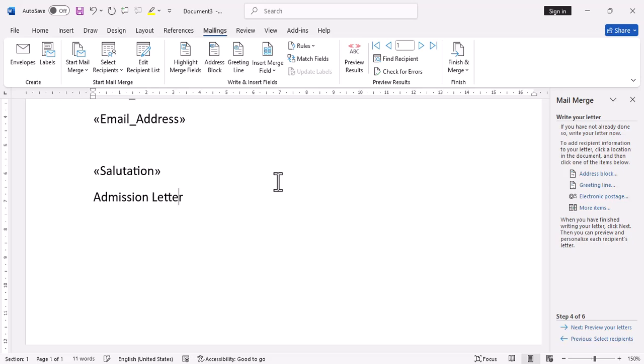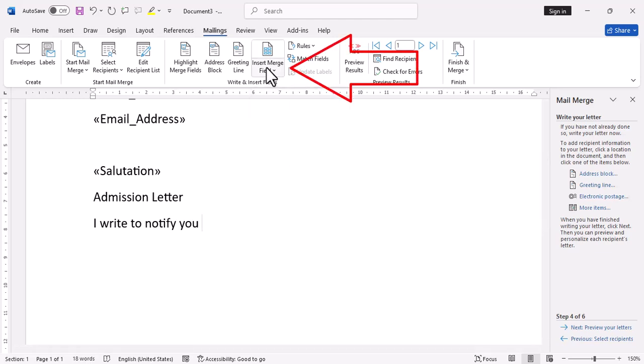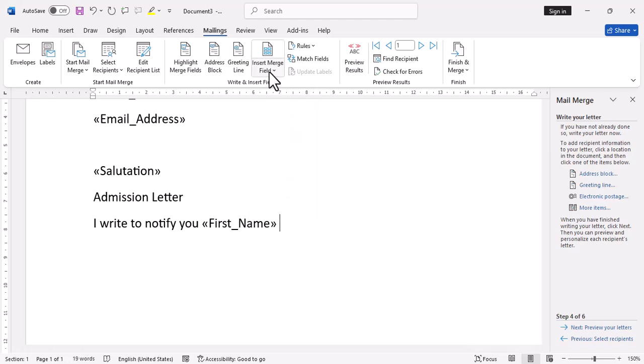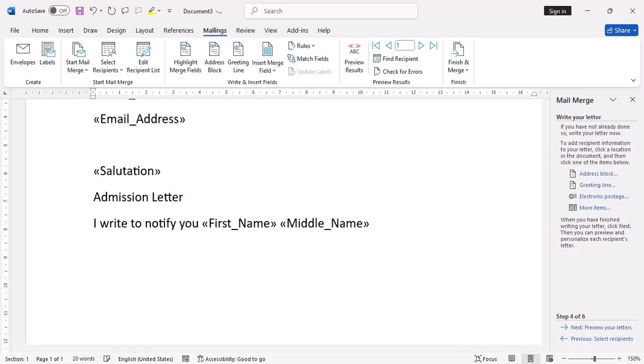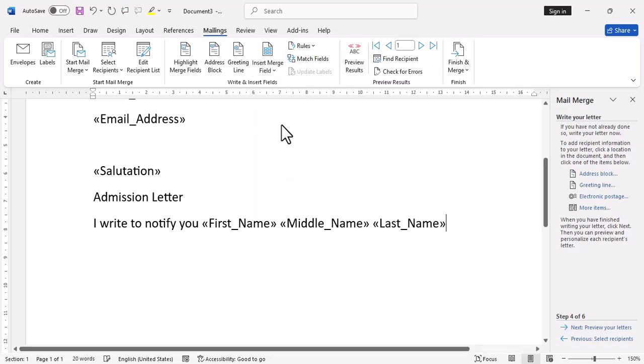Now this is a draft I'm generating. I'll press my enter key again. So at this point, I'll now generate a draft. I write to notify you, space. I'll now insert the name of the prospective recipient, but rather the merge field that would actually enable us to insert the name. First name, space, insert merge field again, middle name, space, insert merge field, and this time around last name, comma, that